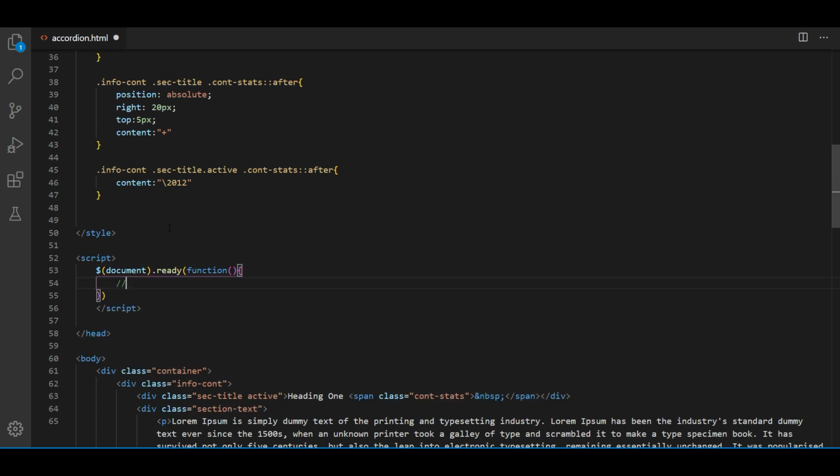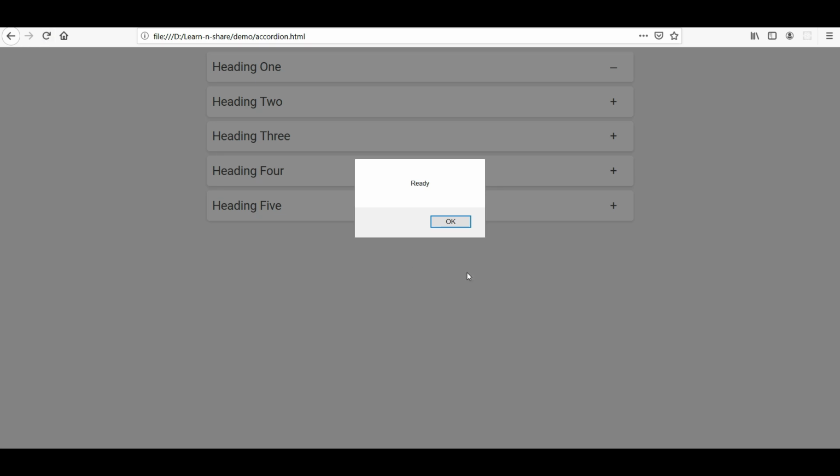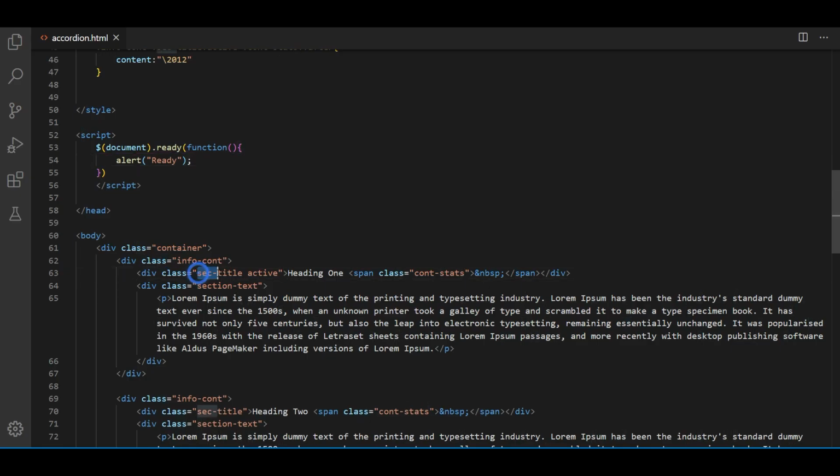The code inside this section will only be executed once the document is ready. So first let's alert ready, so we can check whether our code is working or not. Let's refresh. Now you can see it shows the message ready. It means our jQuery library is set up properly. Let me remove the class active.